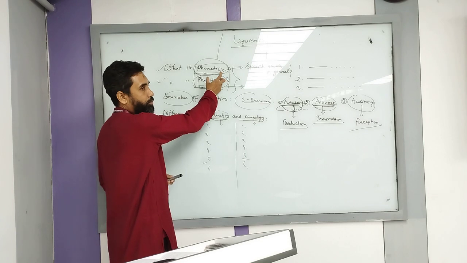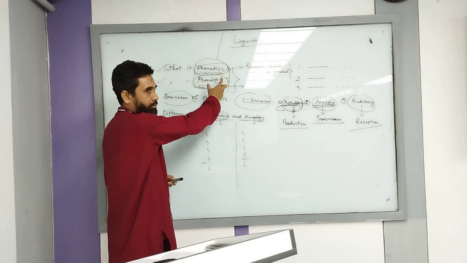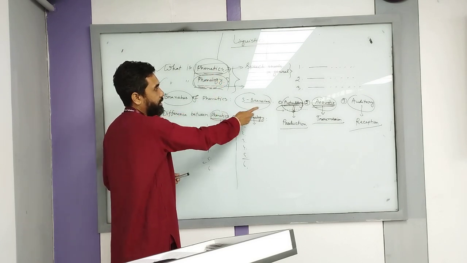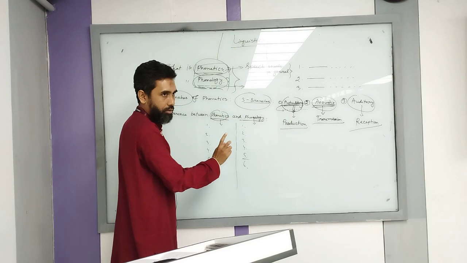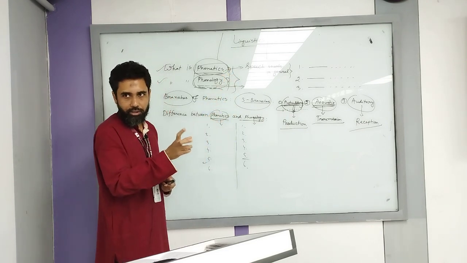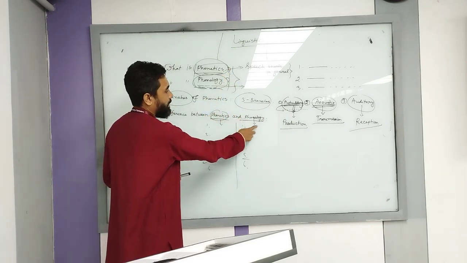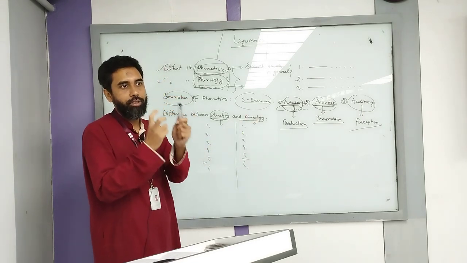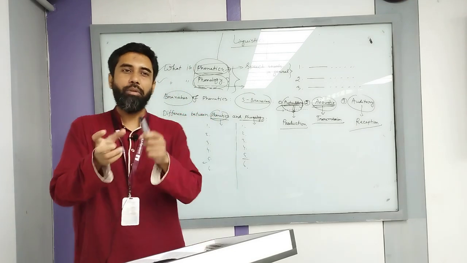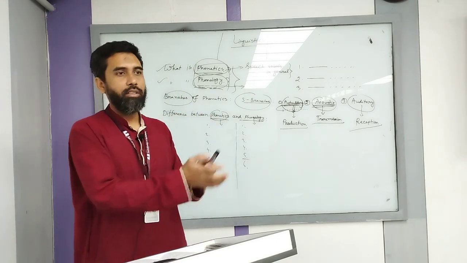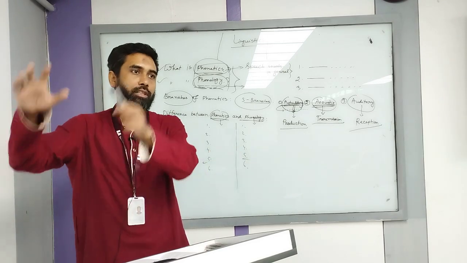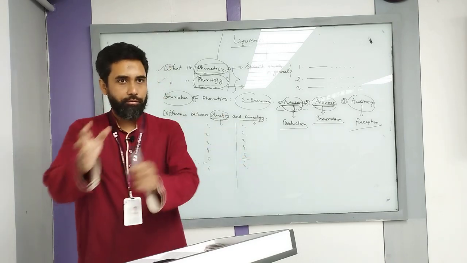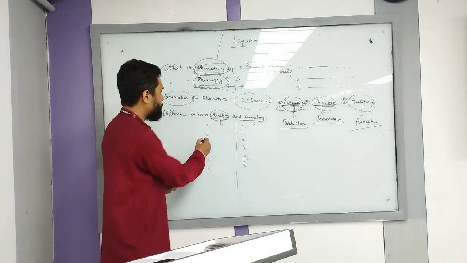So we already found the basic difference between phonetics and phonology from the definition. The definition says that phonetics studies the production, transmission and reception of sounds in general, of any language. But phonology studies the sound pattern or system, how the sounds are organized in a specific or particular language. For example, how the Bangla sounds, consonants and vowels, are organized, how the English vowels, consonants and other things are organized. Together these make Bangla phonology, English phonology, Urdu, Hindi, all of them. Then number 2.